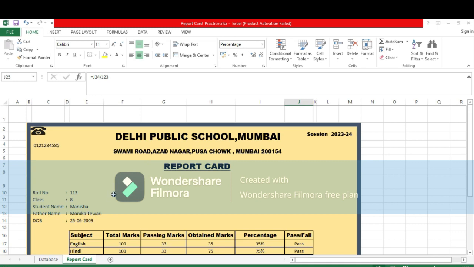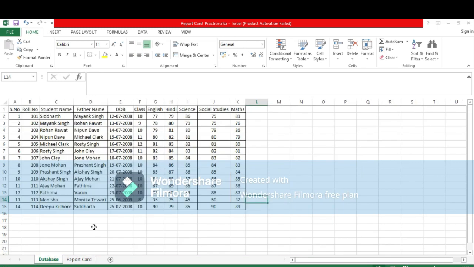So here I have to design this report card. For that, first we need the database. So let us, I have entered all the database here. So it's a very simple report card. So I have written here, the first column is your serial number, in the second column it is your roll numbers, then in the third column it is your student name, then father name, then date of birth, then